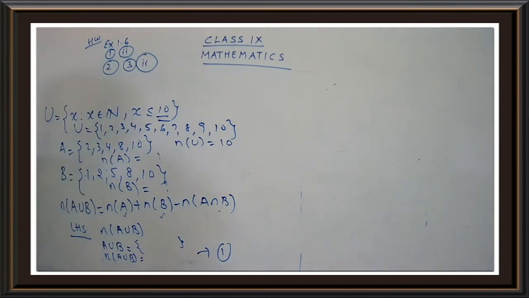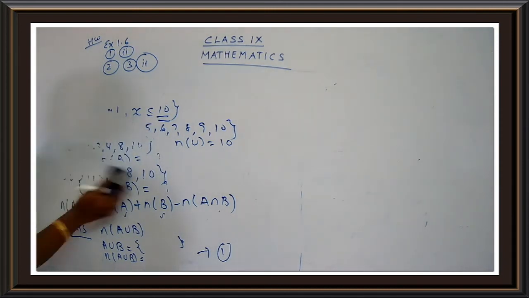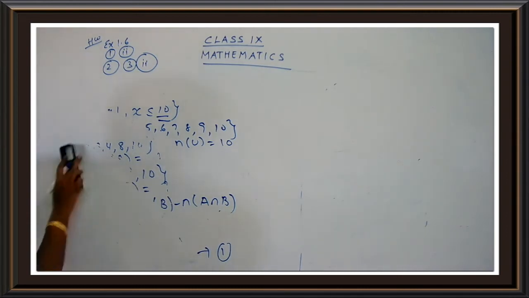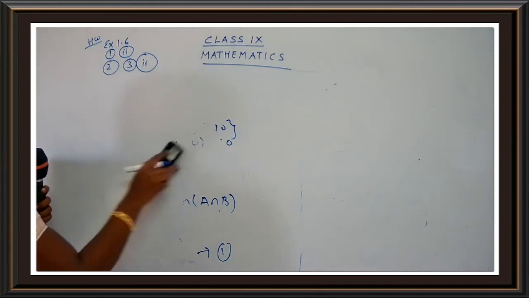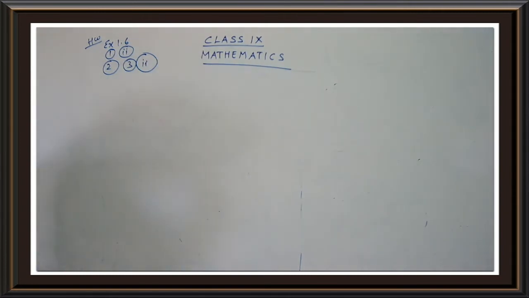So totally you have 3 questions for the homework. From question number 1, the second subpart will be your homework. Then question number 2 is your homework. And from question number 3, the second subpart is your homework. Okay, let's start with sum number 3. Let's begin with the work. Take down question number 3, children.